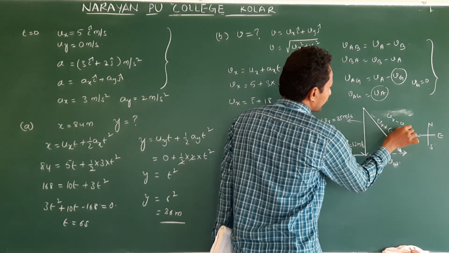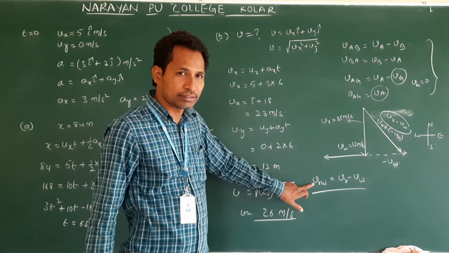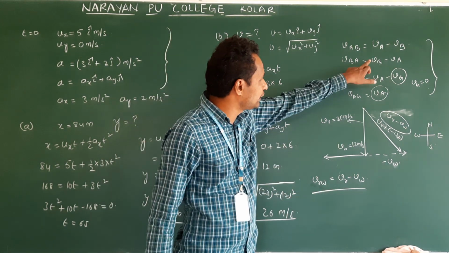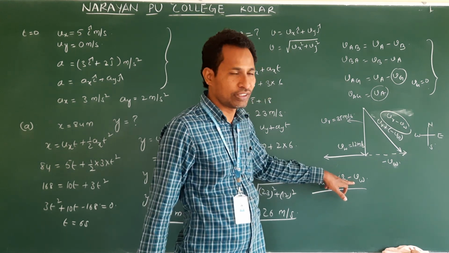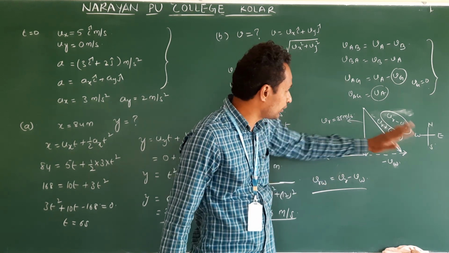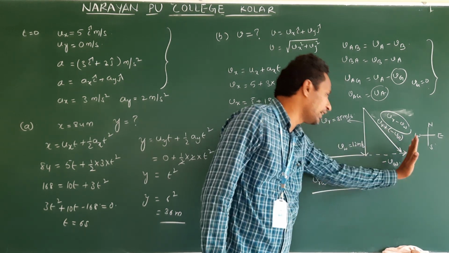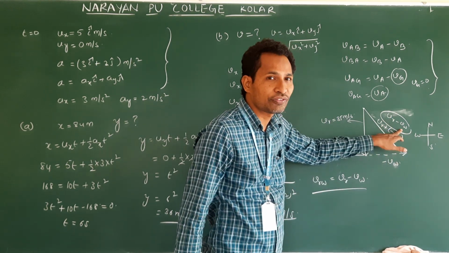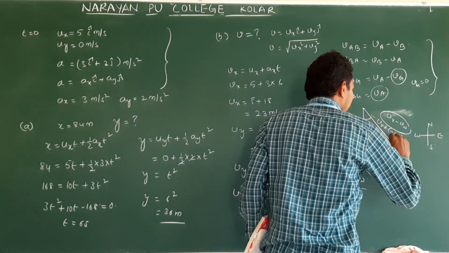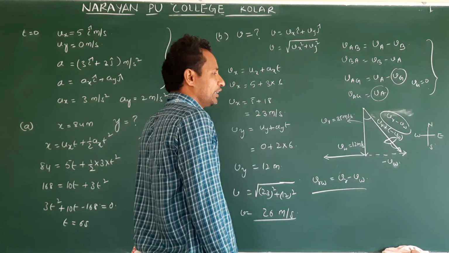VR minus VW. Right? Our intention is the same. Am I correct or not? We need to find the velocity of rain with respect to the woman. If you follow this formula, what do we get? VR minus VW. So by making this vector velocity of the movement, I took this in the reverse direction to get VR minus VW. Now take this angle. So she has to hold the umbrella in this direction to avoid the rain.